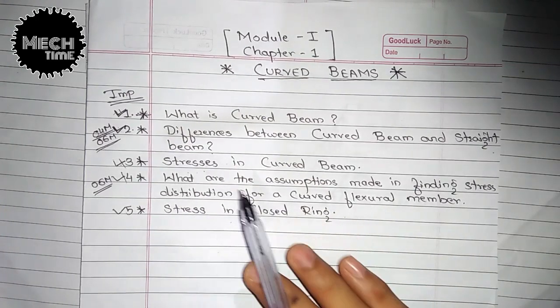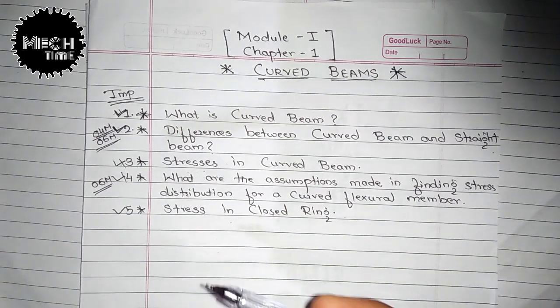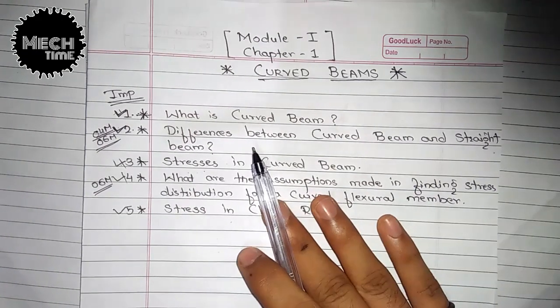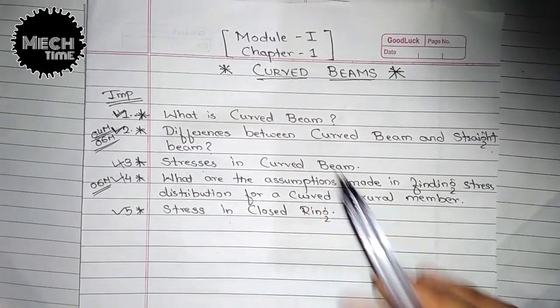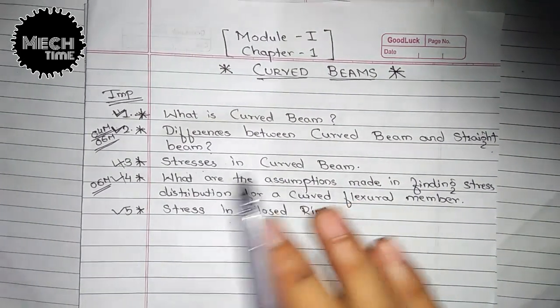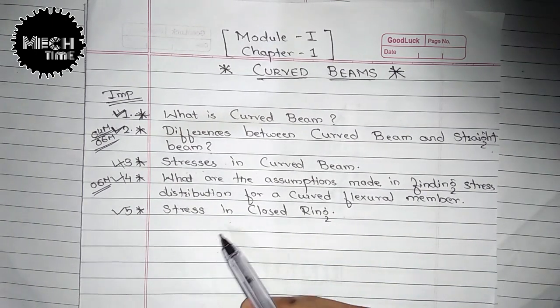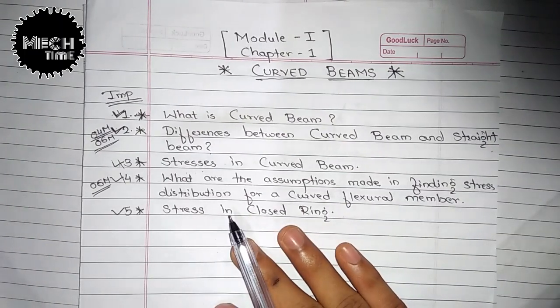This is one type of small derivation, we can say, because the problem, if you're going to solve on the closed ring, will depend on the derivations on the closed rings. So it's very small, everything will be there in the data handbook, no need to worry. Even the diagram is also present in the data handbook, so you should not worry about how to write it, how to remember it and all. So without wasting time, we'll go.